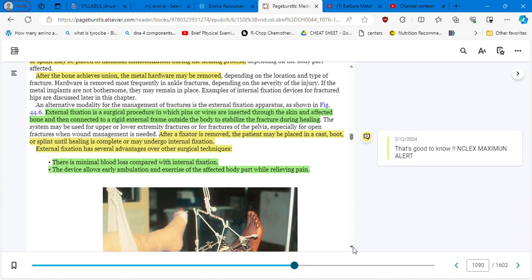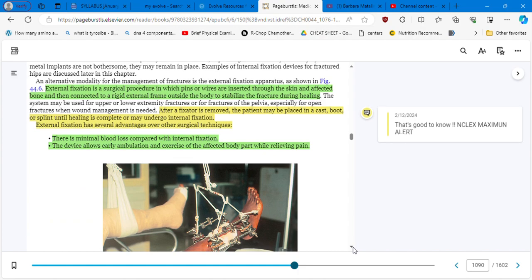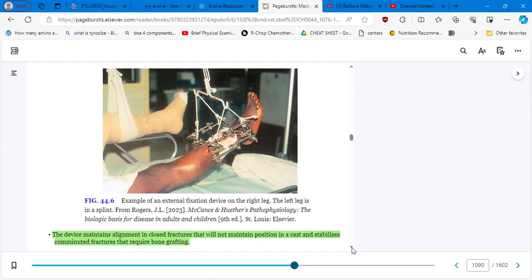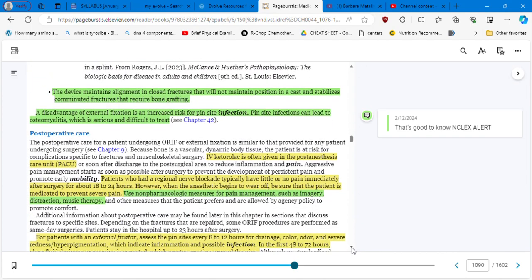After a fixator is removed, the patient may be placed in a cast, boot, or splint until healing is complete, or may undergo internal fixation. External fixation has several advantages over other surgical techniques. For example, and this is good to know, there is minimal blood loss compared with internal fixation. The device allows early ambulation and exercise of the affected body part while relieving pain. The device maintains alignment in closed fractures that will not maintain position in a cast and stabilizes comminuted fractures